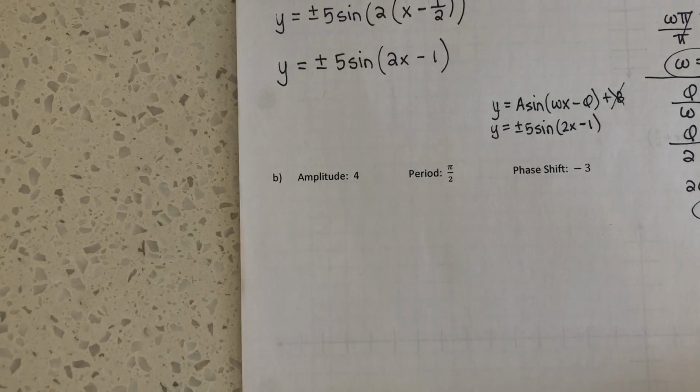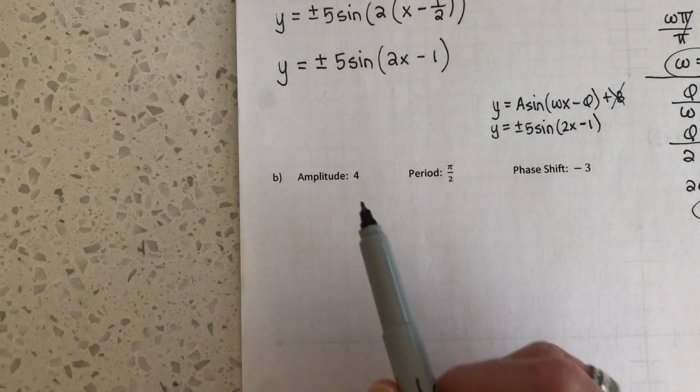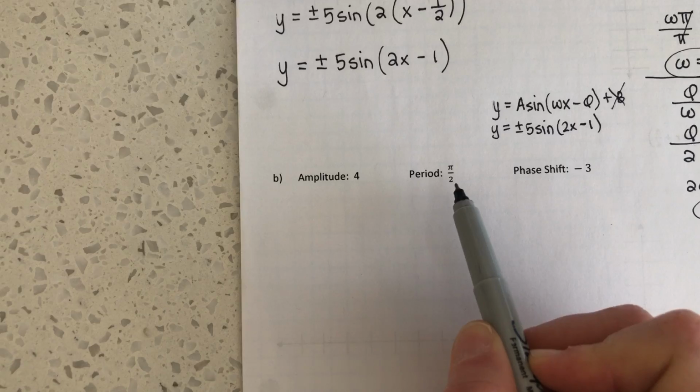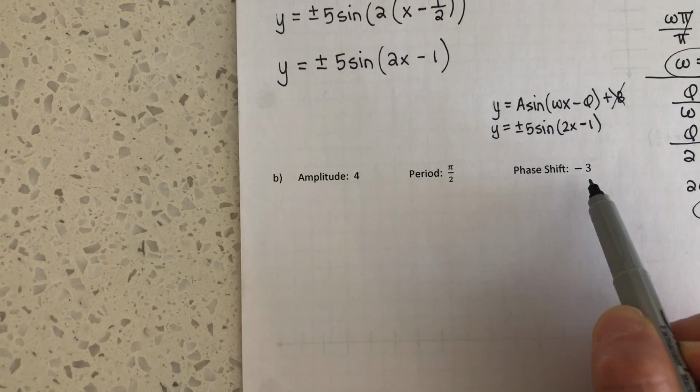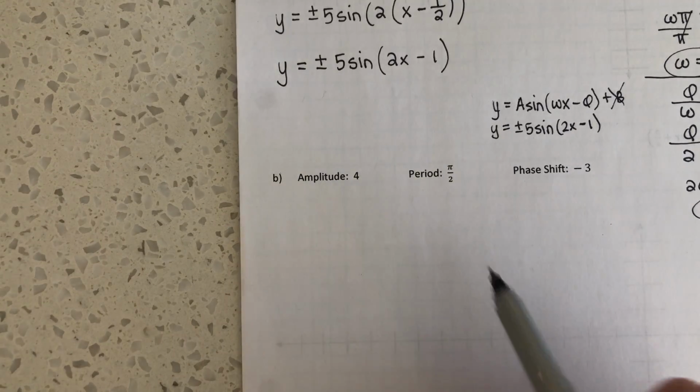What if they want you to write the equation of a sine function that has an amplitude of 4, a period of pi over 2, and a phase shift of -3, right? Which means it's going to go left 3, which means it must have been